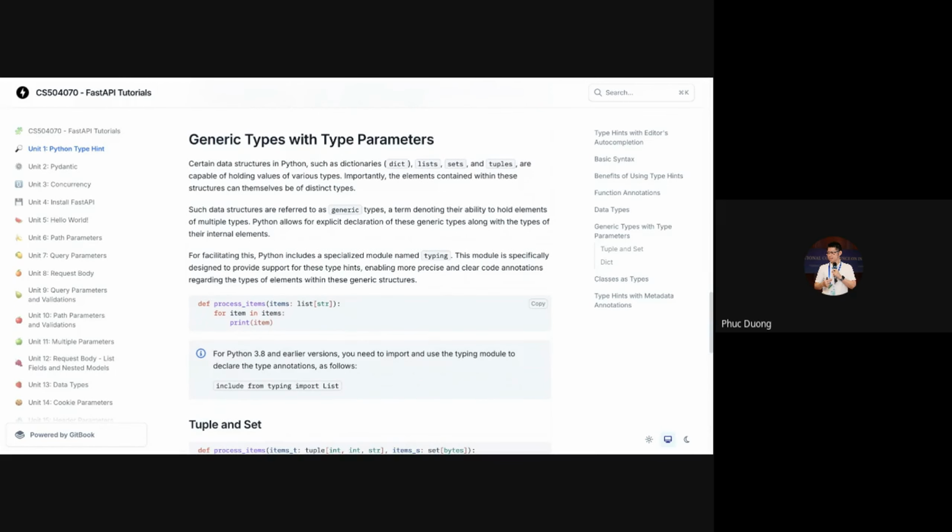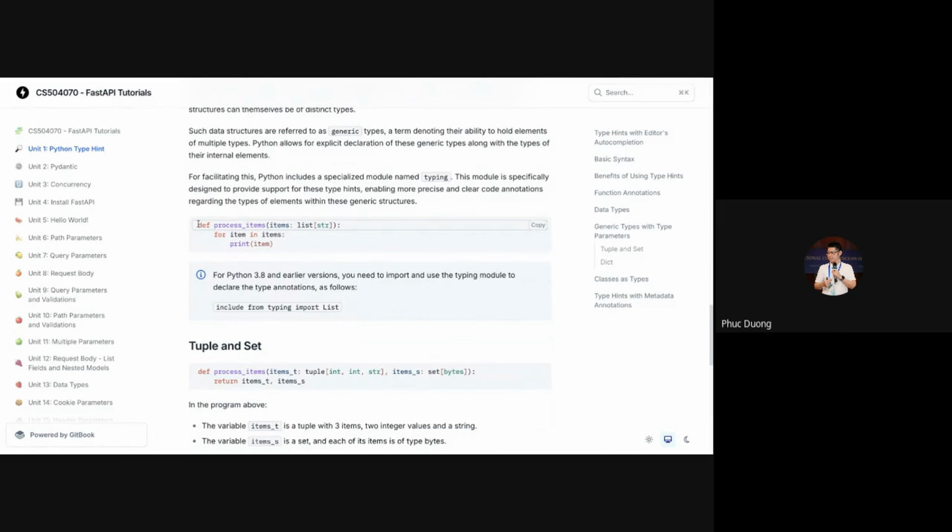And now you can also use Python typing for generic data types such as a dictionary, a list, a set, a tuple. A dictionary in Python stores data in a sort of key and value. This is some kind of JSON. For example, you have a function named process_items, and the input is items, and its corresponding data type is list, and each element in the list has the type of string.